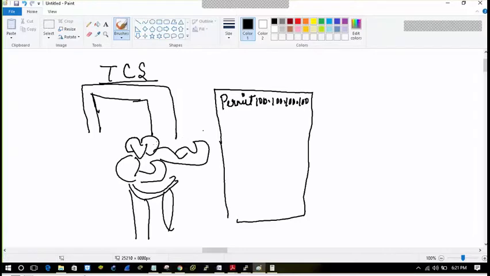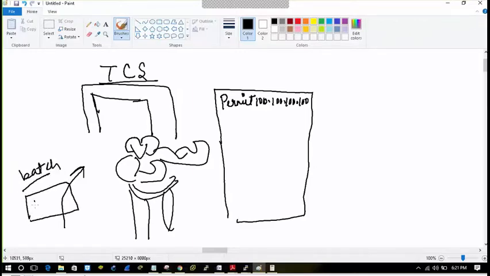Now, for example, let's say it has a list with permit 100.100.100.100. Every guy will come wearing his badge, and in it the name will be written. In our case, the packet is coming and there will be source and destination written on it. So the source is 100.100.100.100.